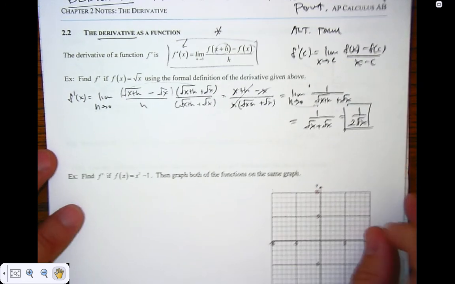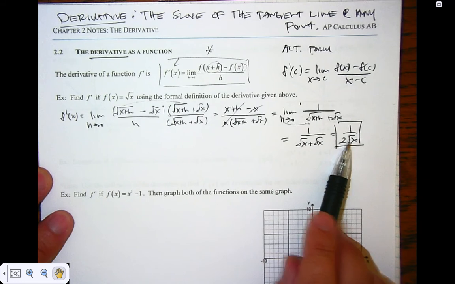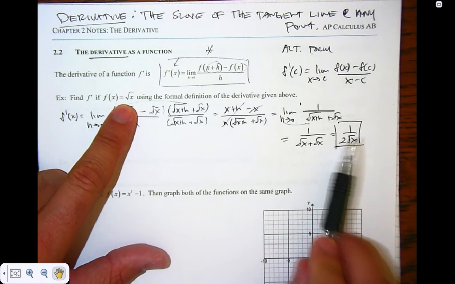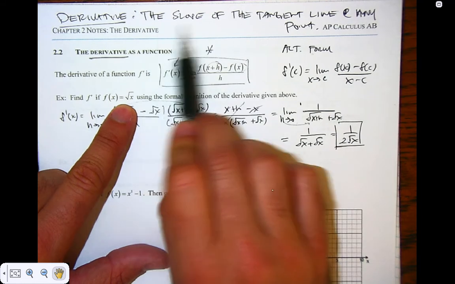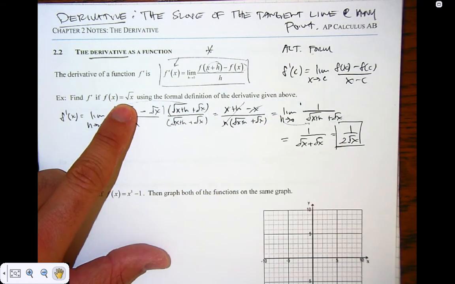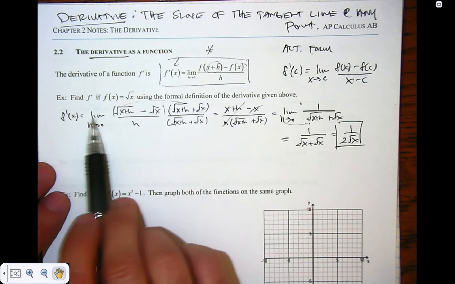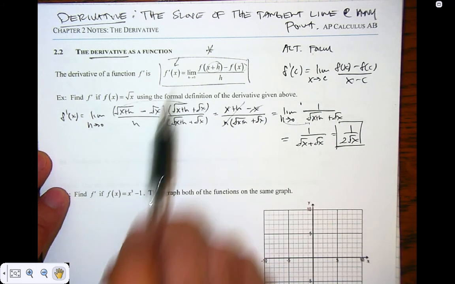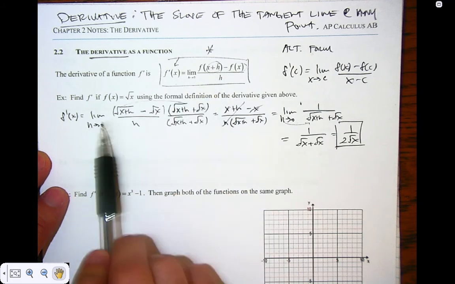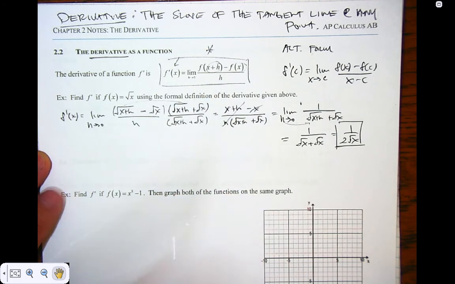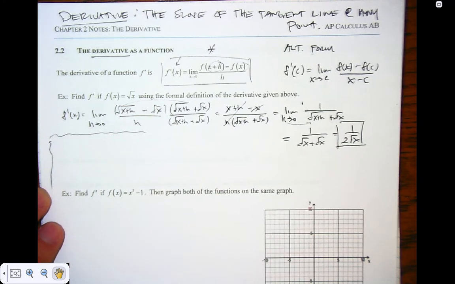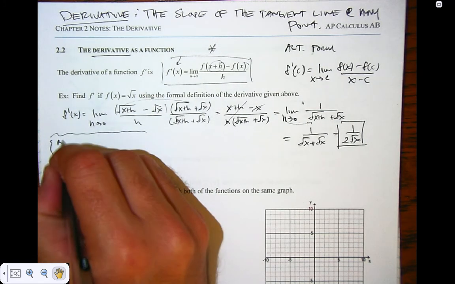All right. What does that mean? That is the derivative of the square root of x function. So what does this do? It tells me the slope of the tangent line at any point. Okay? All right, so this limit process is cumbersome. Okay? You basically have to plug in this stuff here and then go through your limit process and get there. Now, I'm going to do a little preview here just to remind you and to show you how easy this is going to get. In the next section,